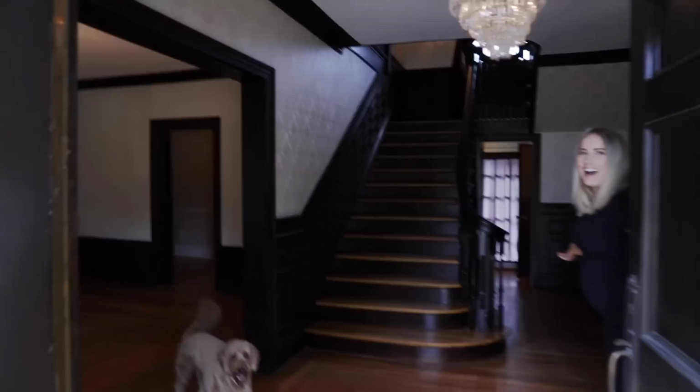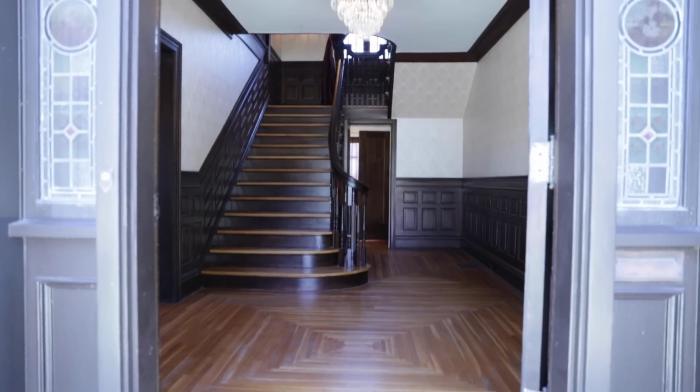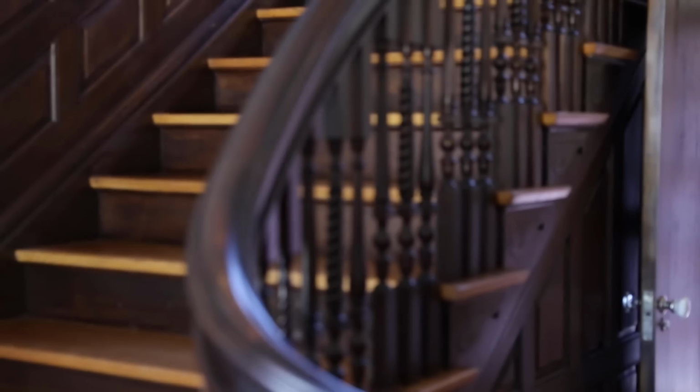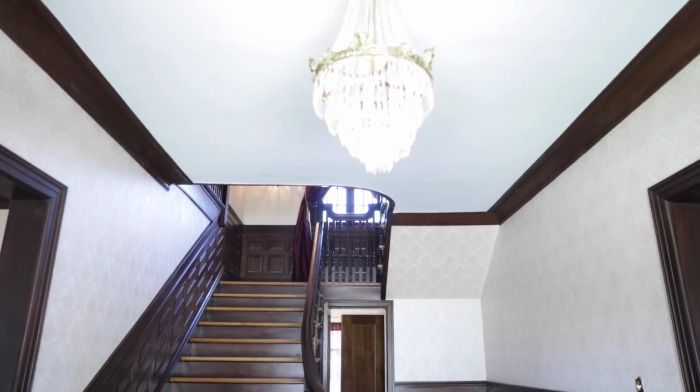When you walk into our house currently, the first entryway room where the big staircase is really dark, and our living room is really dark, and there's two reasons that they're dark. One, they have really, really dark trim and molding, and the staircase is just like super dark wood. Also, there is no canned lighting in the ceiling. So when it comes to making those spaces feel brighter, I have a few options of how I can execute that,